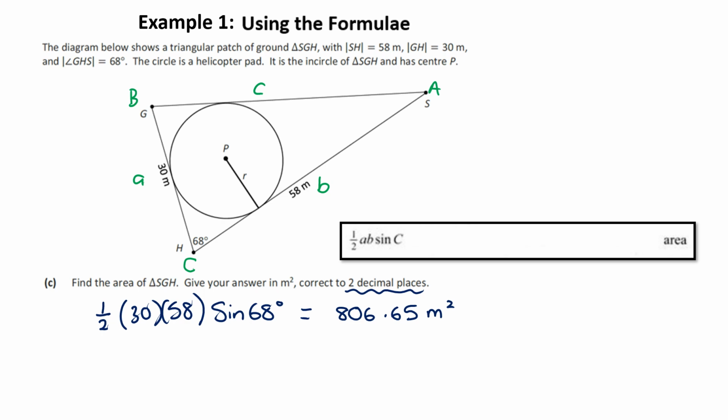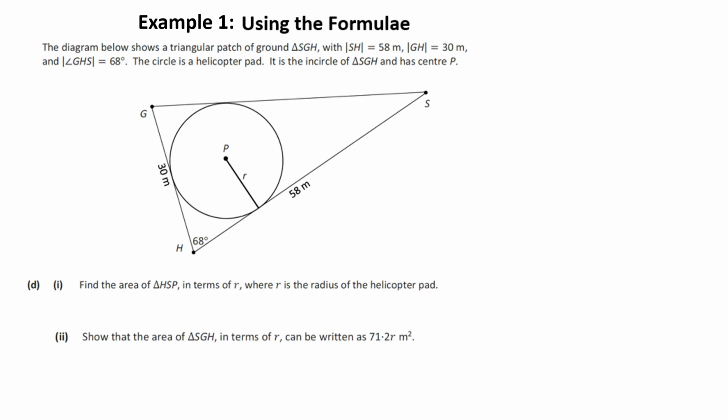You could work out the angle at B because all the angles add up to 180. I am literally using the information that they gave us, and now I know for sure it's 100% accurate. It does mean relabeling, but there's no problem relabeling if you have a few different colors or even using a highlighter. So part D, find the area of